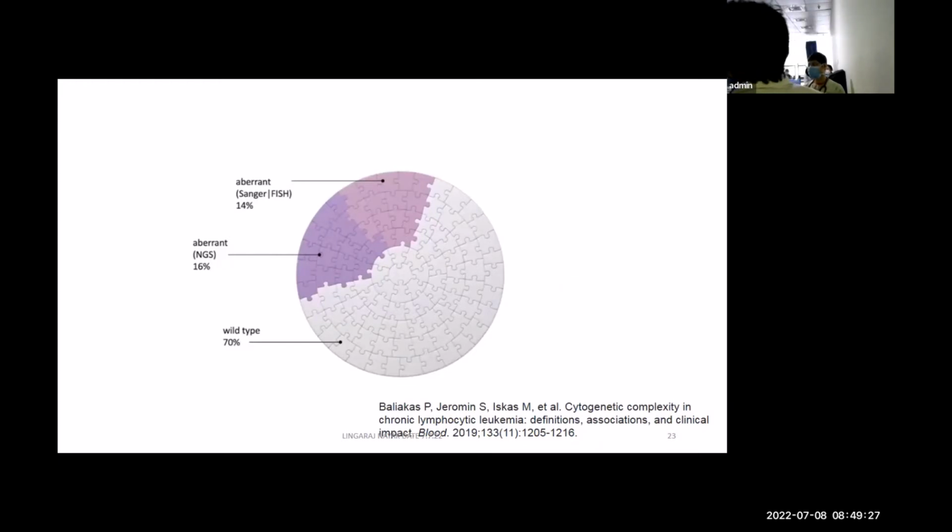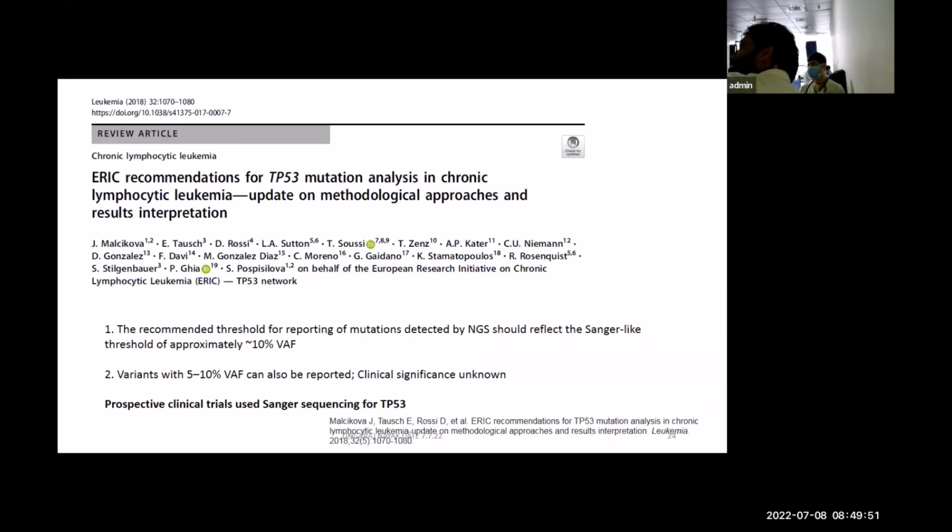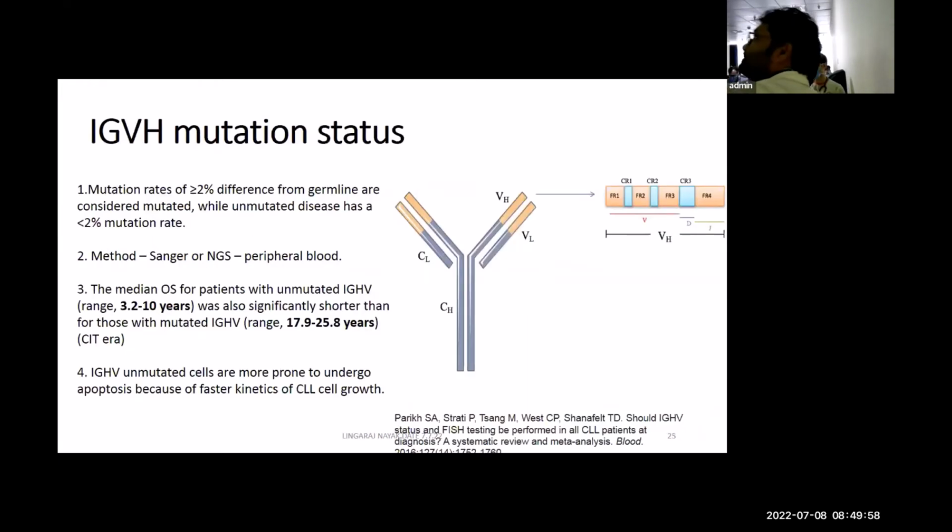When we discuss which is better in the treatment part, you'll understand that the CLL landscape has significantly changed in the last 4 years. If you see the NICE guidelines, they have almost omitted chemotherapy now. I think every patient should receive targeted drugs, and only a very small select group of patients remain for chemotherapy. So you have to understand TP53, even if it is subclonal; you need to detect it and have a test with better sensitivity. This is the ERIC standing: the recommended threshold for reporting is 10%, and for 1 to 10%, with caution. Prospective clinical trials have used Sanger for TP53.